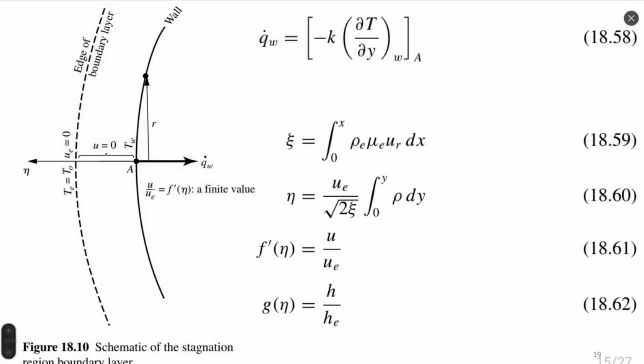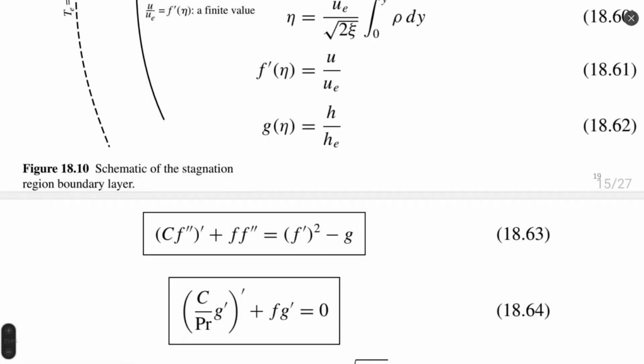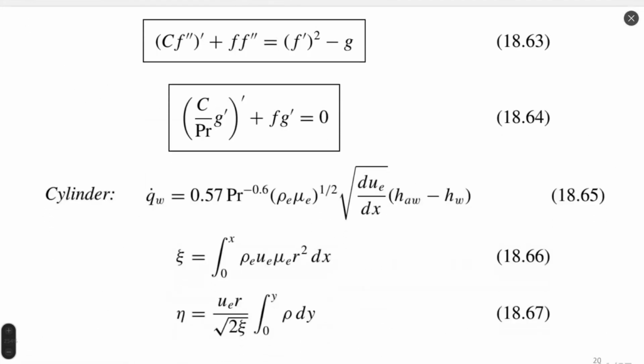We also provide transformation of coordinates and apply this transformation to equations of boundary layer for the two-dimensional case. We can obtain such function 63 representing the relation between flow. It's 63 and 64, two different equations in a system, right? And